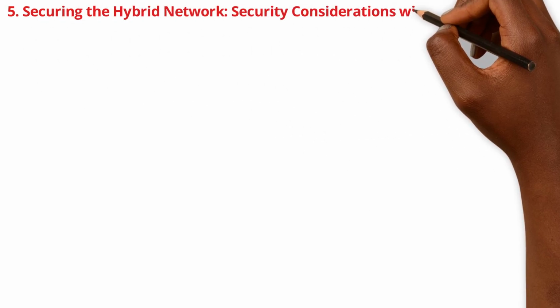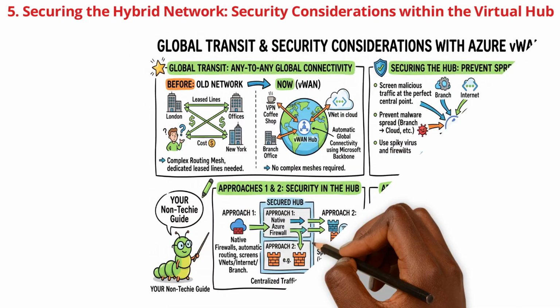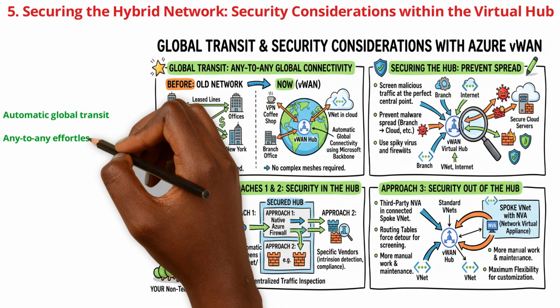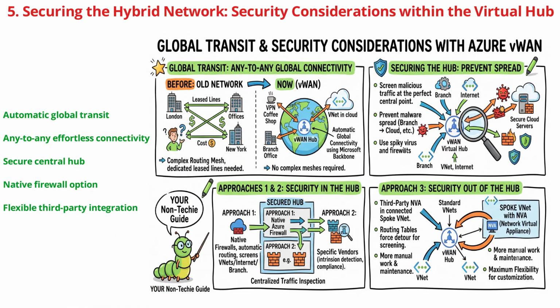Let's explore global transit and security with Azure Virtual WAN. First, forget old, complex, high-cost network meshes requiring dedicated leased lines. Now, standard tier vWAN utilizes the Microsoft Global Network backbone for automatic any-to-any connectivity globally. Whether a remote worker in a coffee shop, a branch office, or a cloud VNet, everyone routes instantly through the